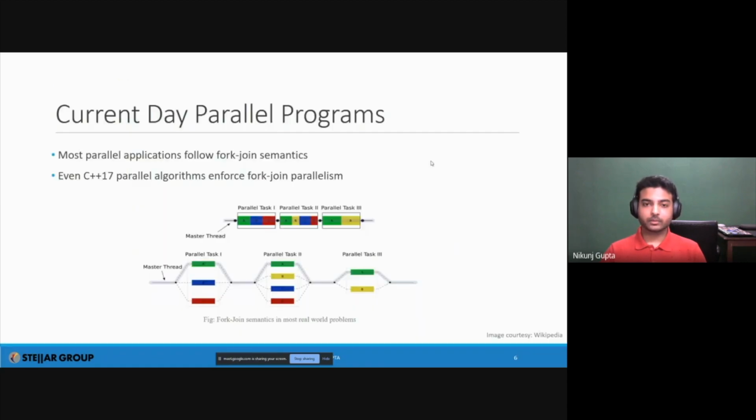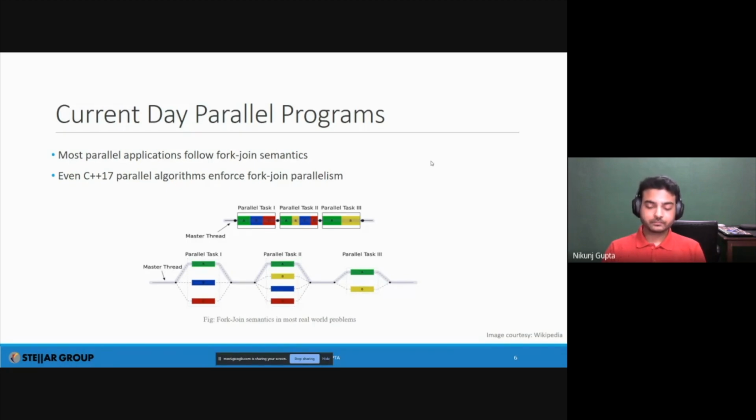So in the end, I would say that not even the C++17 parallel algorithms can make that go away, because even they are based on fork-join parallelism. You have these execution policies attached to the C++17 parallel algorithms, and in the end, you're only parallelizing a certain section of the code. So you always get hurt, and you will not gain the speedups that you expect from the system.